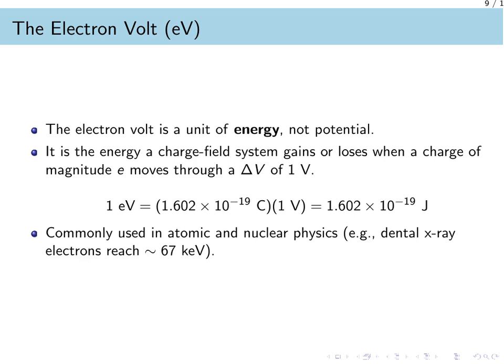This unit is incredibly useful in atomic and nuclear physics because joules are often too large for such small scales. For example, in a dental X-ray machine, electrons are accelerated to energies of about 67 kilo-electron volts before they strike